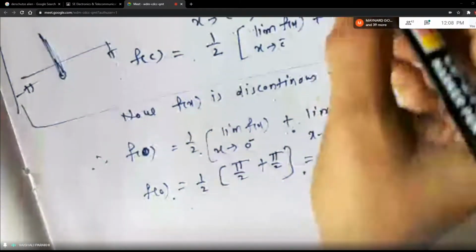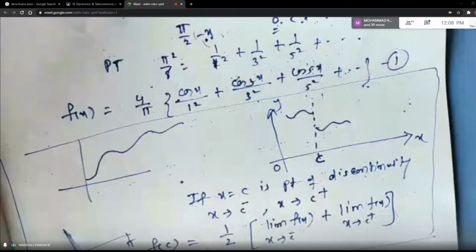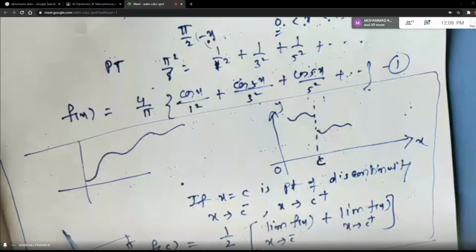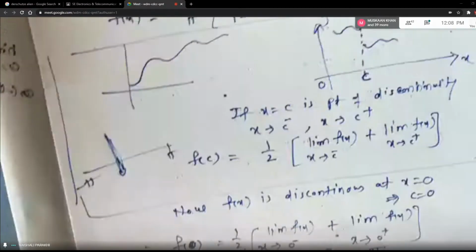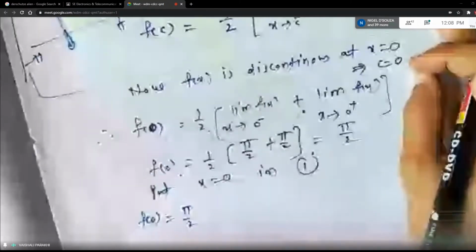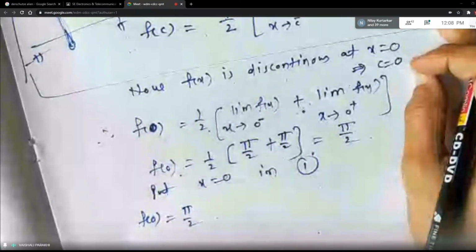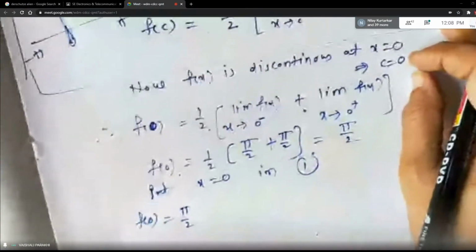So what happens is, suppose this is your Fourier series, you give number 1 to this equation where you already got the Fourier series. So you can put x equal to 0 in Fourier series 1. So the left hand side will be f of 0. F of 0 value you already got. So why did we do this middle part? This middle part we did just to get the value of f of 0. Otherwise what would you substitute for the left hand side, right?